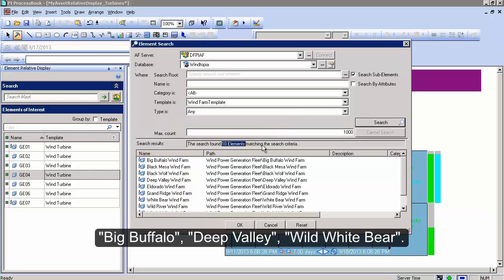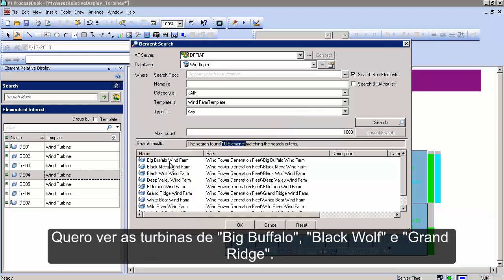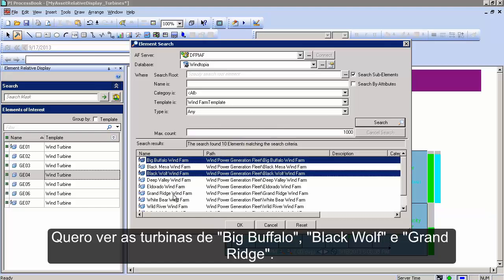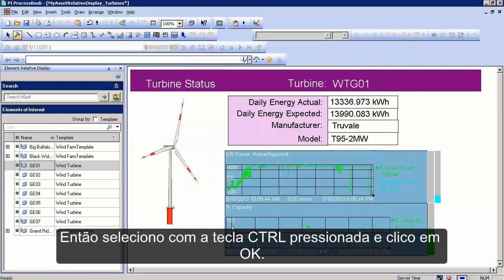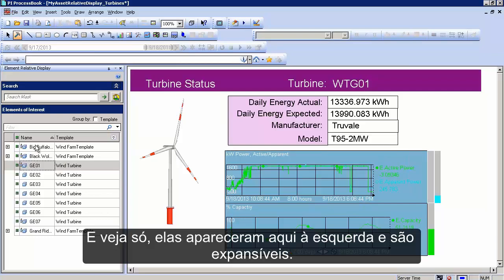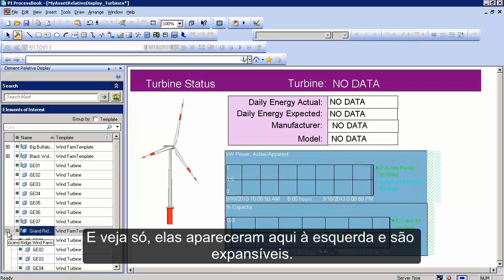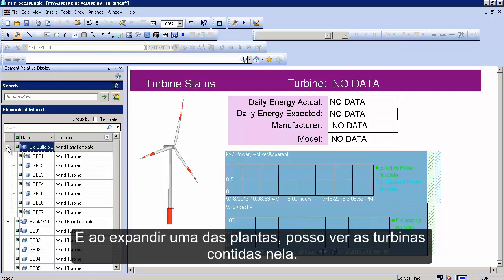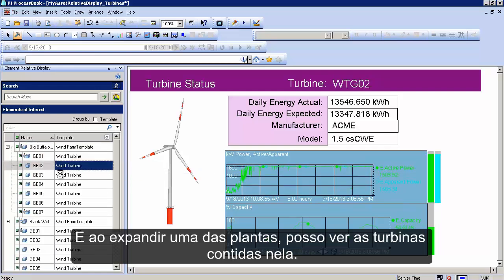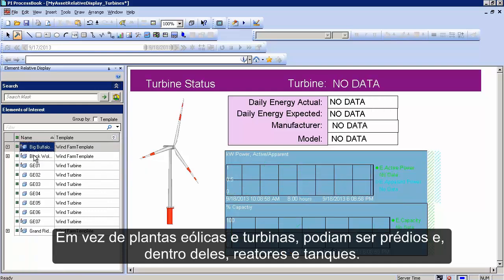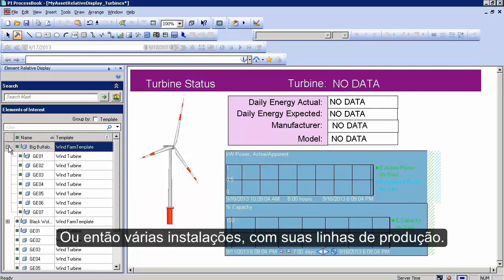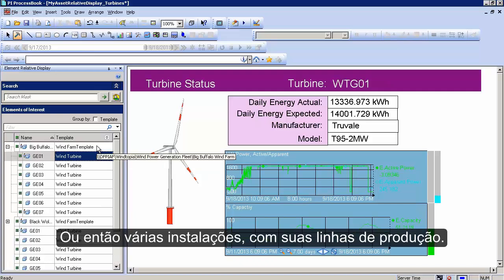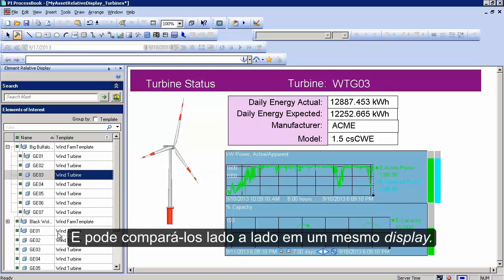Oh, great names. Now, I'm interested in seeing turbines from Big Buffalo, Black Wolf, and Grand Ridge. So I'll select those using the Control key and say OK. And look what happened. They appeared over here in the left-hand side, and they're expandable. So I can expand one of my farms and select turbines within it. Or maybe this would be different buildings for you, and inside different buildings there's different reactors or tanks. Or maybe these are different sites, and different sites have different production lines. And you can select different production lines at different sites and compare them right next against each other in one